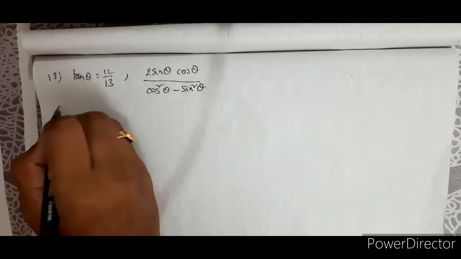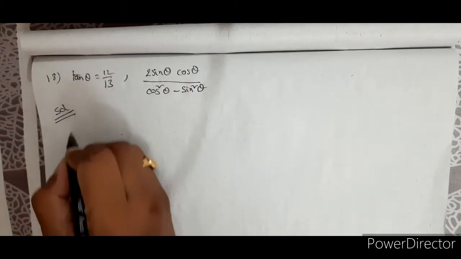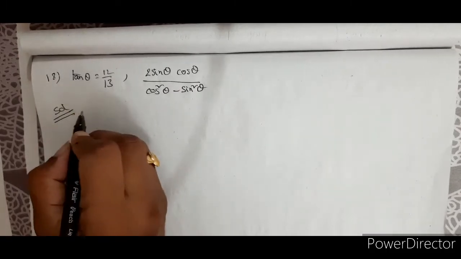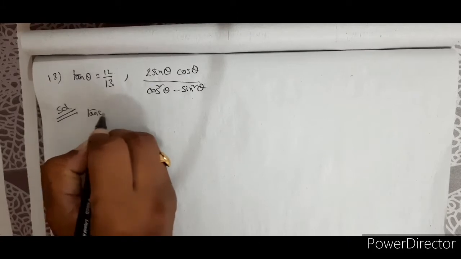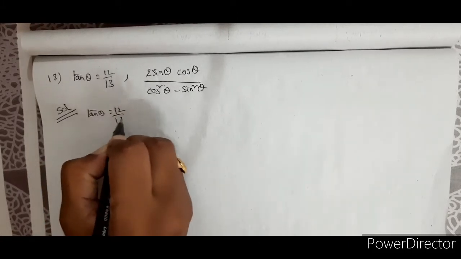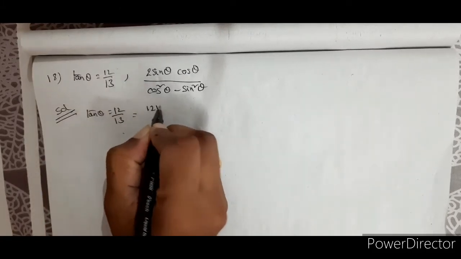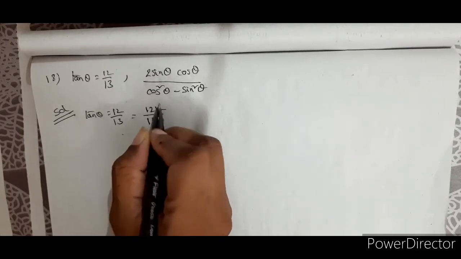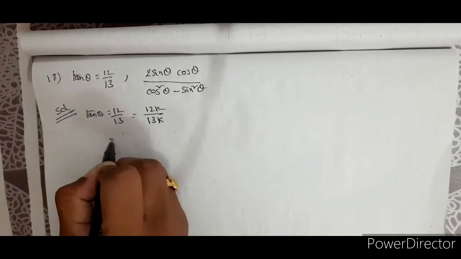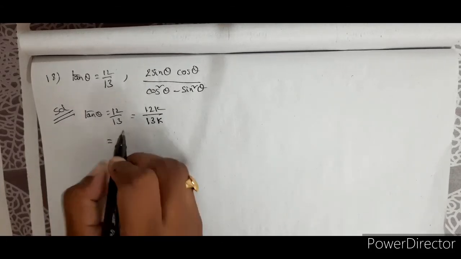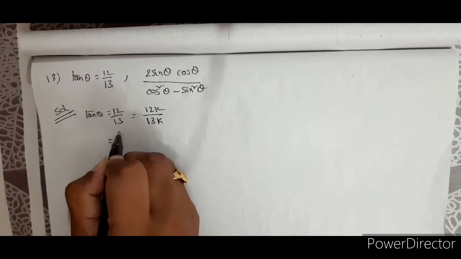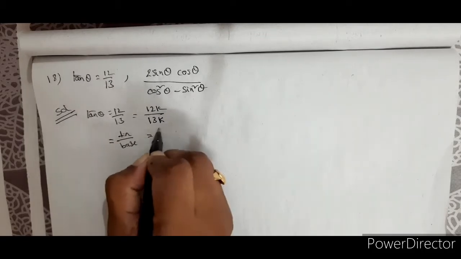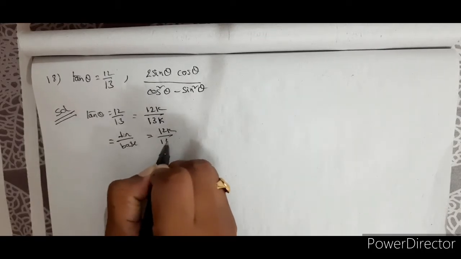Now you know very well, because by now you might have become very familiar, from the first video till now. So now what is tan theta? Tan theta is given to be 12 by 13. Since it is in the ratio form, you will write it as 12k by 13k in order to assign the values to the given right angle triangle. But you know that tan theta is defined as opposite side by adjacent side, or rather perpendicular by base, whichever manner you want. So that is equal to 12k by 13k.